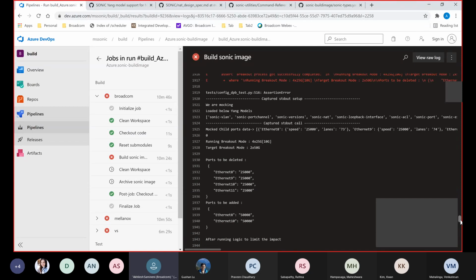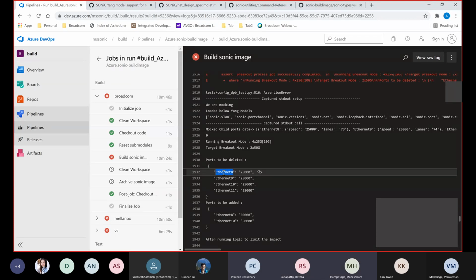I don't know how it will be, because here it is accessing all the YANG models. Yes, it will try to load all the YANG models, but the configuration it will work for will not include NAT as of now. I won't use any ports also in my SONiC NAT. Yeah, you won't use, because for this test, as I understand, the configuration is fixed, but it will work on all the YANG models. Okay, I'll note it down and have a look at why this test case is failing.